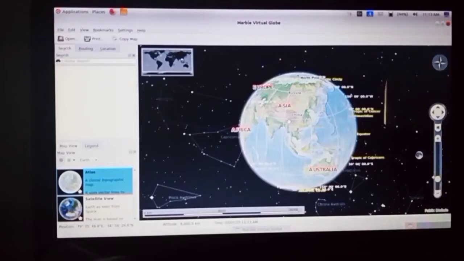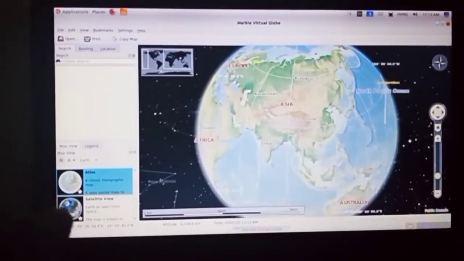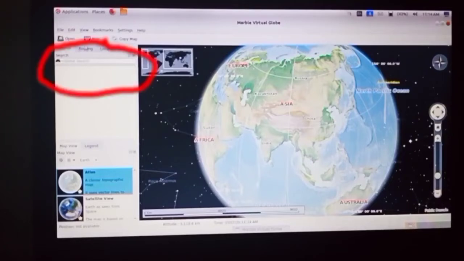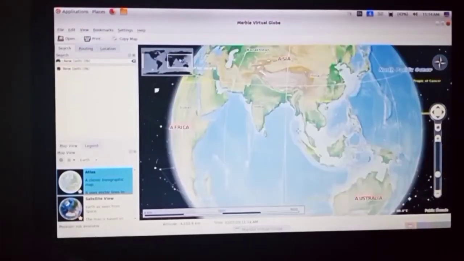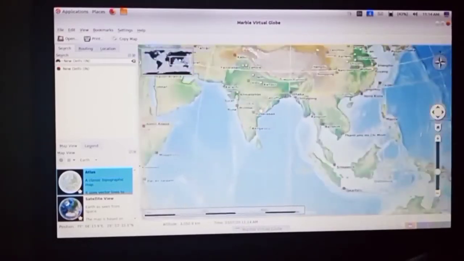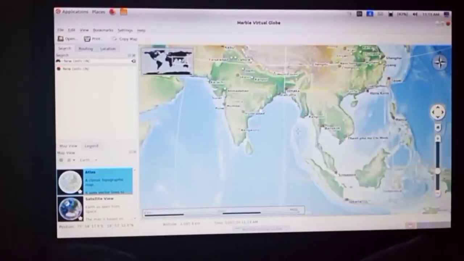See. Can you see India here? Our first activity is to find New Delhi on the globe. Can you say where New Delhi is situated? If you have doubts, you can make use of this search window. This is the search window. Type there New Delhi. See, here New Delhi is displayed. Click on that. To see the name of the places, you need to zoom in like this. Now, can you see New Delhi?